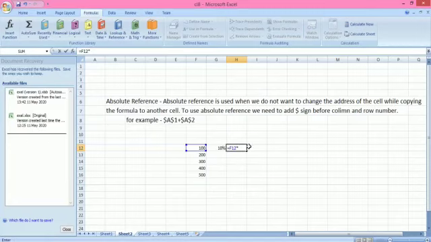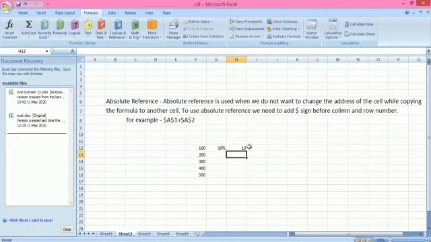So first give the $ sign, as you can see in the formula also, $ sign, then G, again $ sign, then 12.